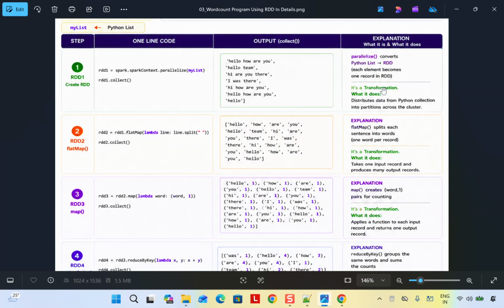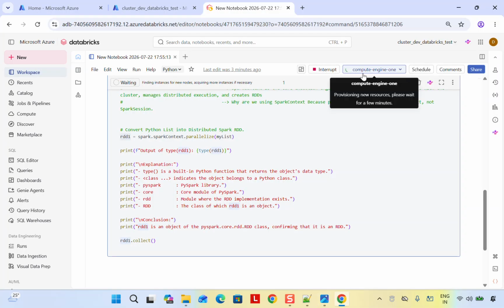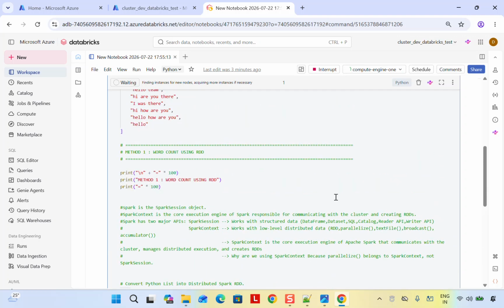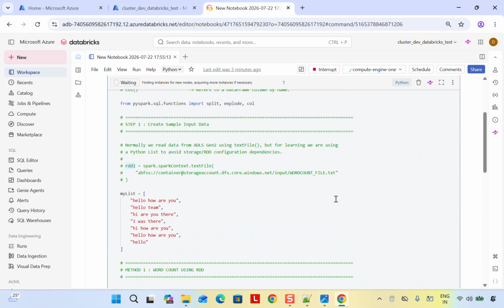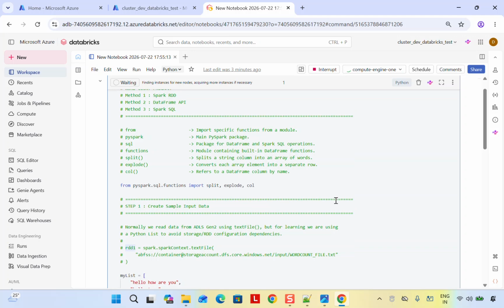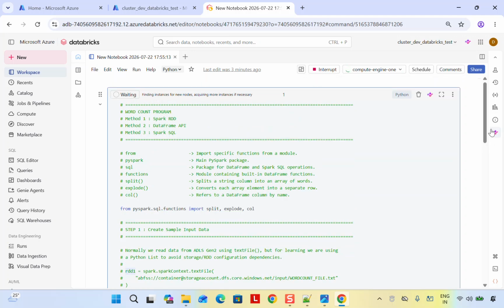So this is what we are trying to do. It is running. It will take some time for the compute engine to start. So in the meantime, while it starts,